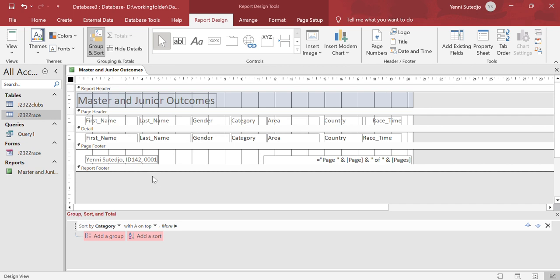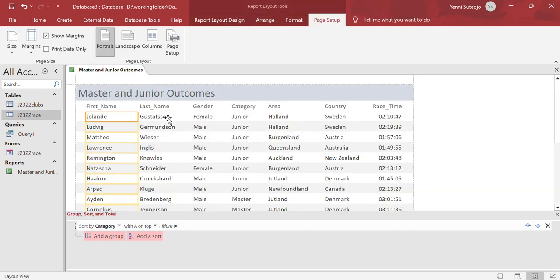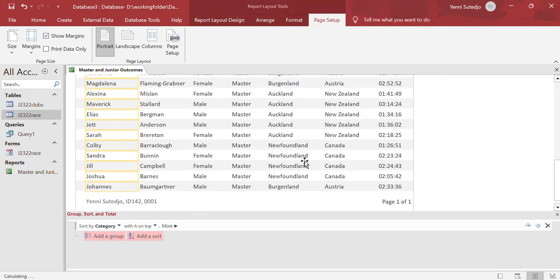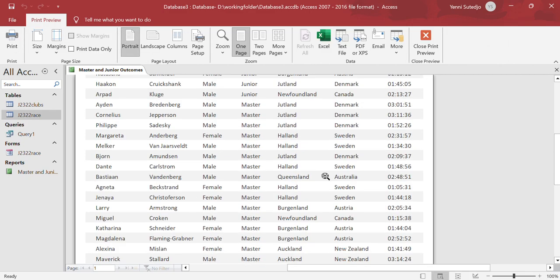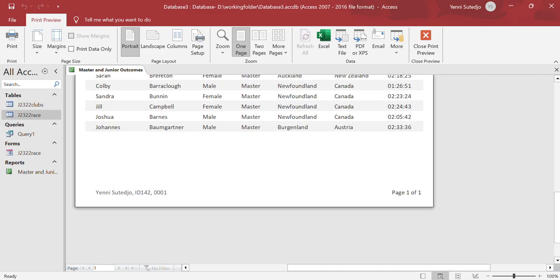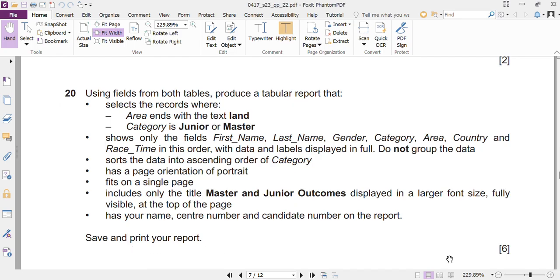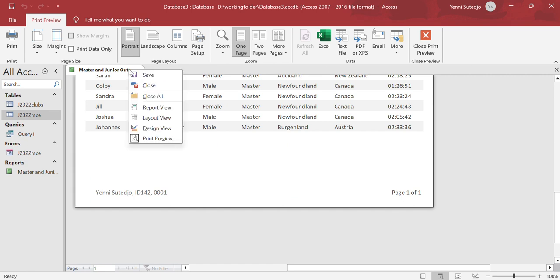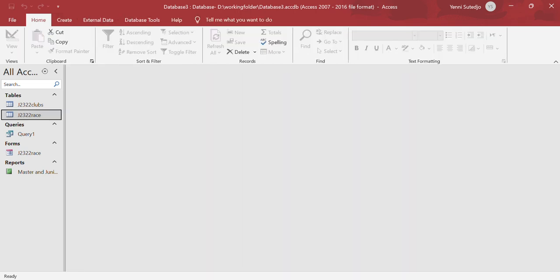Now, how to adjust the position of this one? Well, I will go to the layout view. I will scroll down and I will see whether this one looks nice or not. I think it looks nice, so I can go to the print preview. Yeah, right. I think this one looks nice, and I think you save this. You can save, and then after that you print it. We're done for question number 20, and then we will go to the last one,